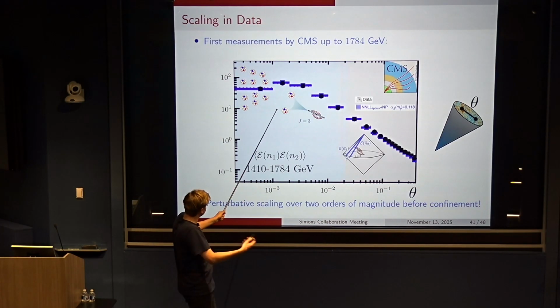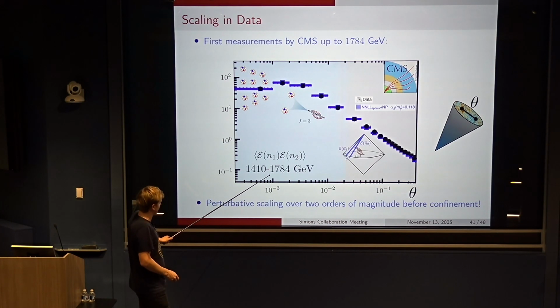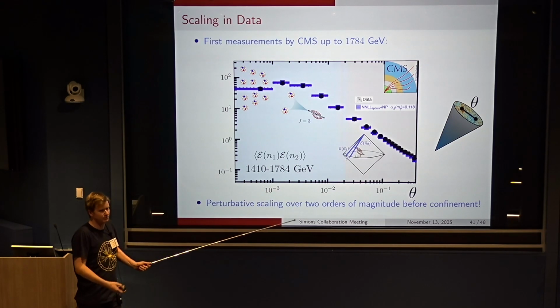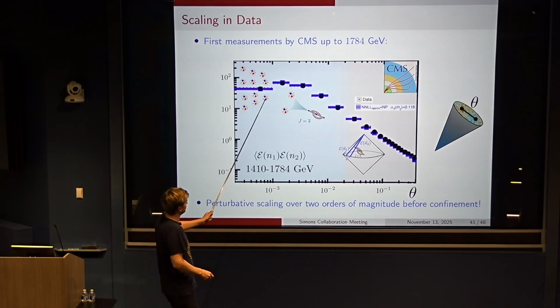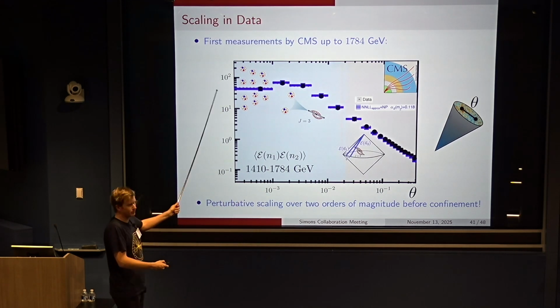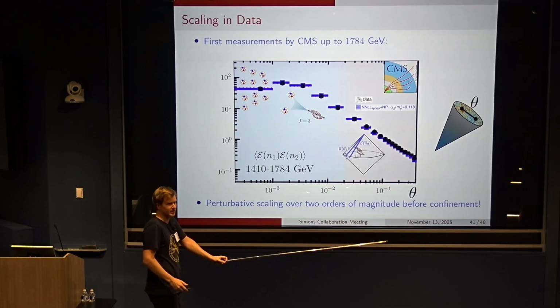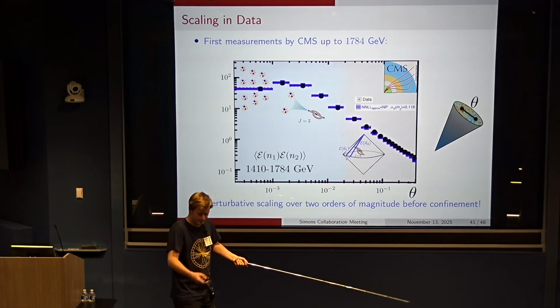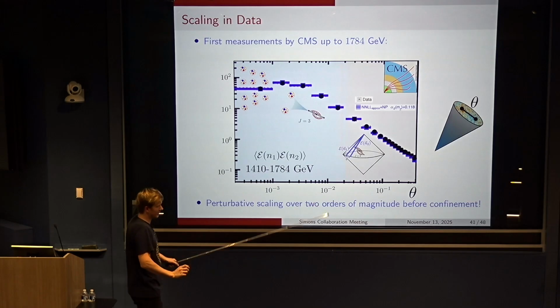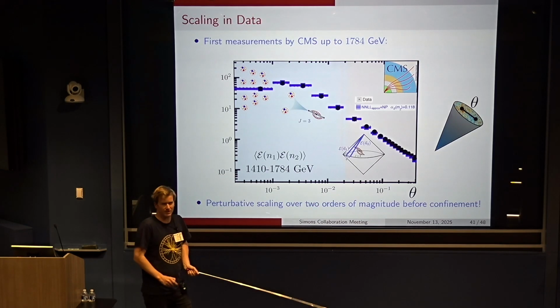And the nice thing is that at these extremely high energies, so now this is at individual jets of about 2 TeV, this is essentially 1,000 times higher than what we were doing before. And so you can really see this beautiful scaling of these quark and gluon states over multiple orders of magnitude. So you've really zoomed in and are able to study the properties of essentially perturbative quarks and gluons before they confine. It is very satisfying to see that this really works over this wider range of energies.